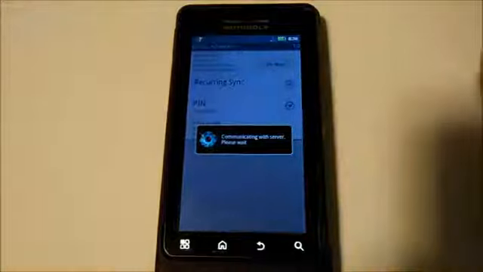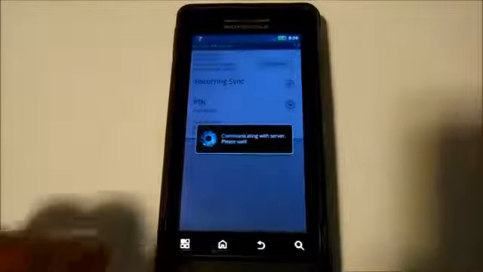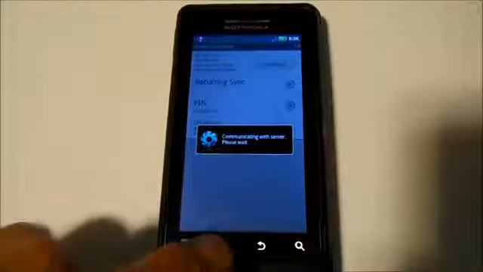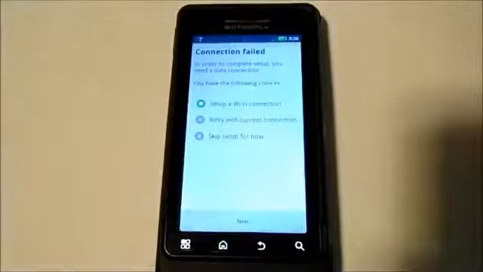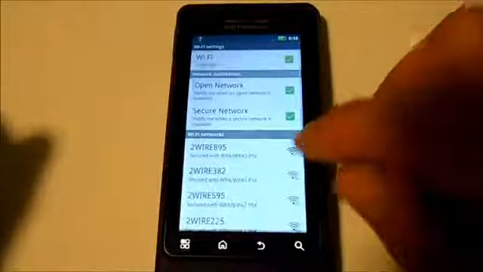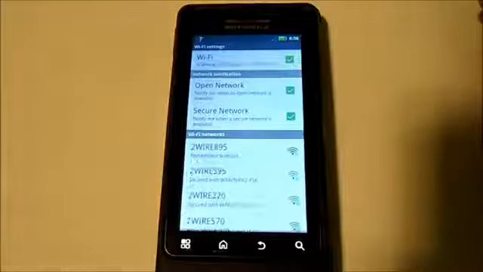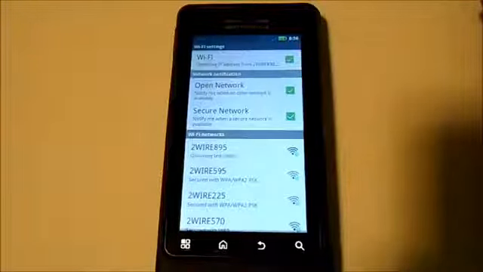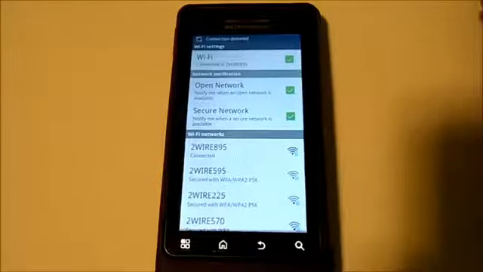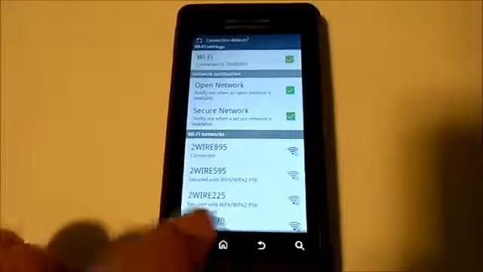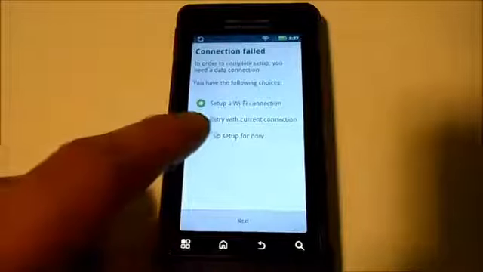Alright, that bypasses your activation screen, and it's not going to let me actually get to a network, so I'm going to exit out of there and we're going to set up Wi-Fi. So we're going to hook onto my network. Should be obtaining an IP here. Alright, there we go. So now we're on a network, so we should be able to skip this step